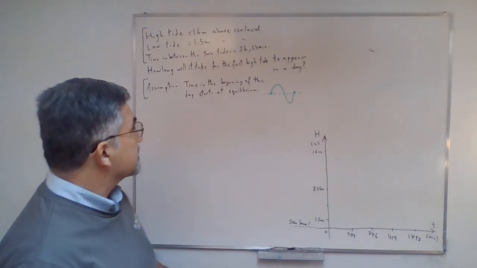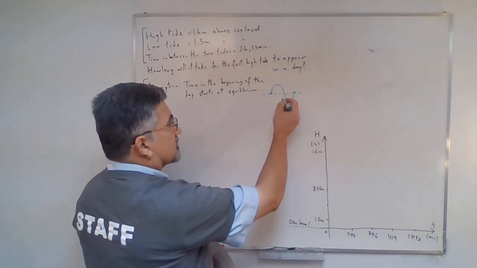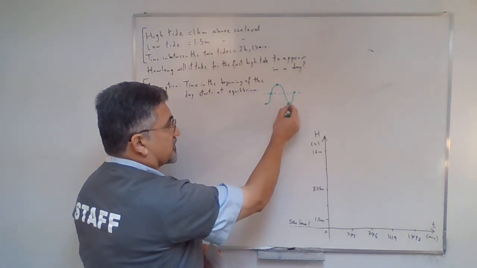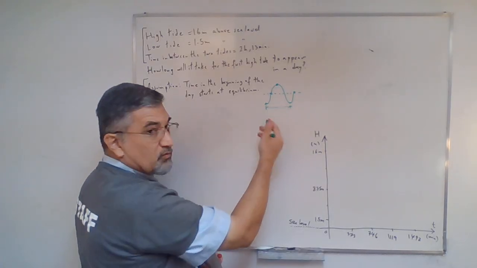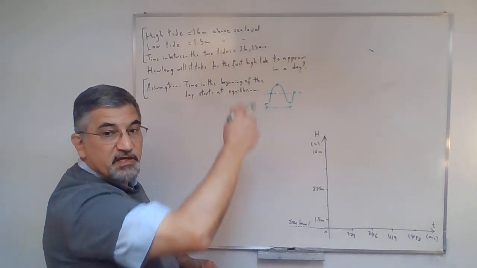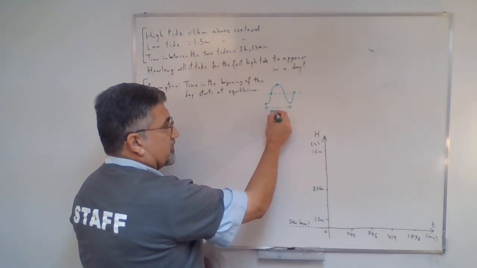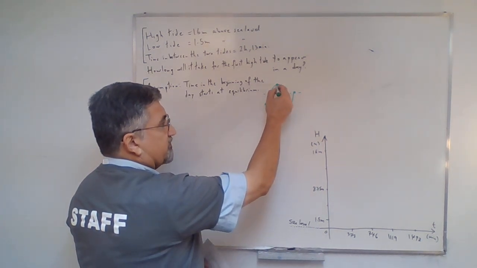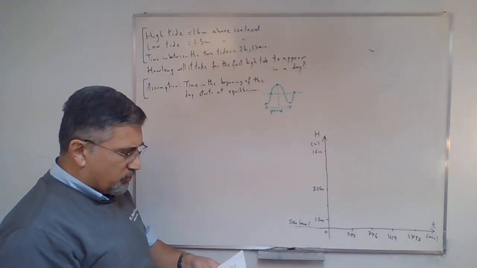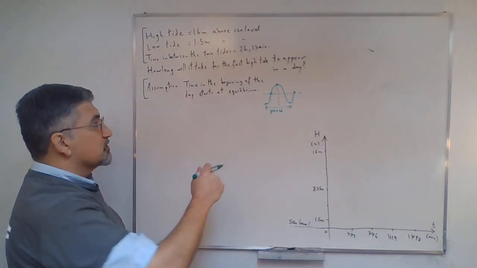Since it takes half the period to go from low tide to high tide, so this is the low tide and this is the high tide. So it takes half the period because you know that the length of one cycle is one whole period. So from the low tide to high tide, it's going to take half the period. Okay, so this whole thing is one period, and half of it is going to be 1/2 of a period. But we know what the time is from low tide to high tide. So we're going to say